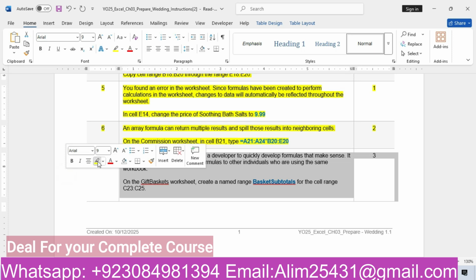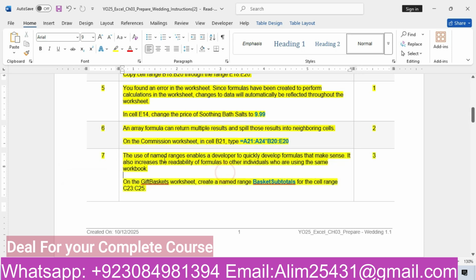In our seventh step, what is he asking? The use of named ranges enables a developer to quickly develop formulas that make sense. It also increases the readability of the formula for other individuals who are using the same workbook. On the gift basket worksheet, create a range name for the cell C23 to